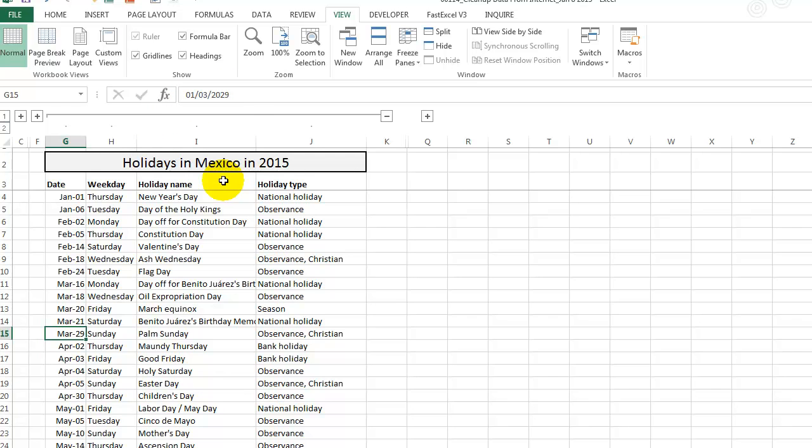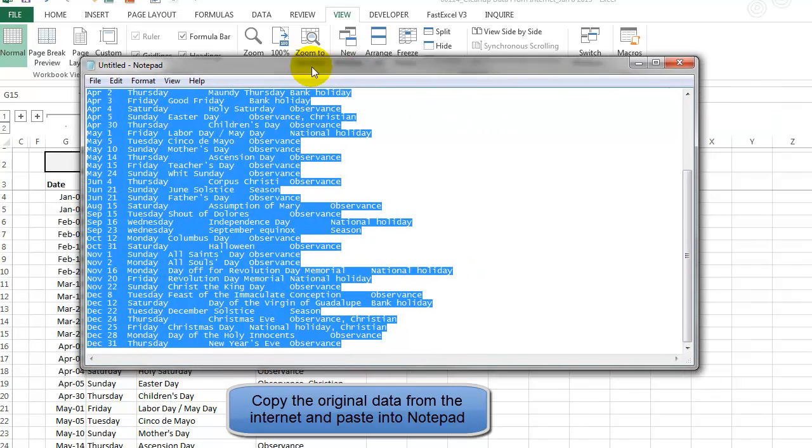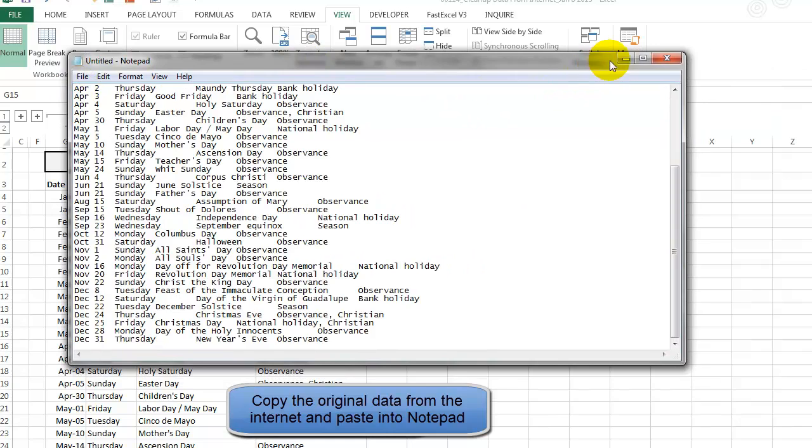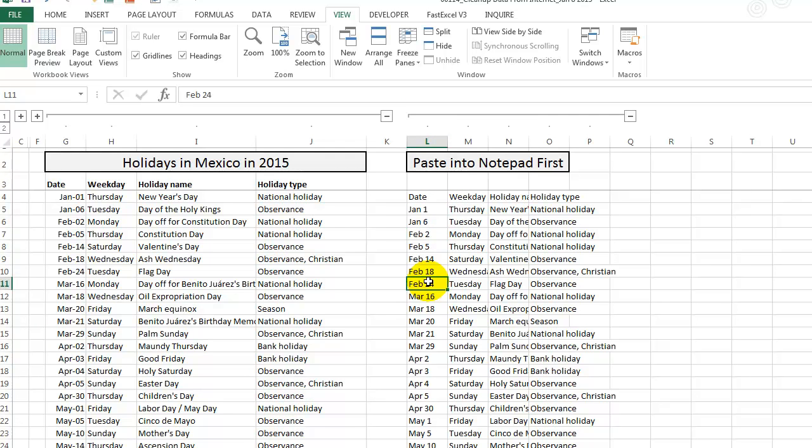So there's probably 100 different ways you could clean this up, but one thing that you actually could do, which is interesting, is you copy the original data, paste it here into Notepad, then you take this, copy and paste it into Excel, which we have over here. If you want this to be a date that you could use in formulas, you'd still have to do some work here, but you could very easily use the space, extract it, turn the Feb into a 2 for month 2, March is 3, and then you just use the date function to build it out, and then you've got it all. If it's just to look at, then this is perfectly fine the way it is.